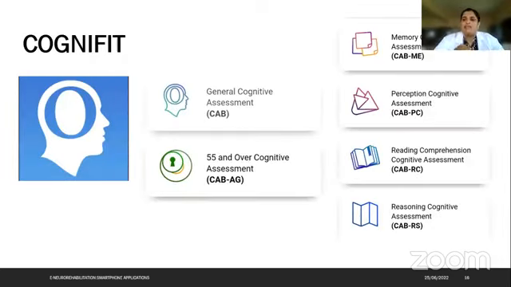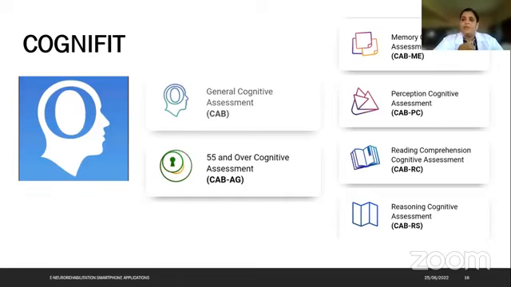The Cognifit application again has a free version and a subscribed version. In order to access this app fully, the subscribed version is a little costly. It is 1,000 per month, or annually around 5 to 6,000. But the free version can be accessed. Now the Cognifit application has two aspects. It is used for assessment of cognitive function and it is used for intervention or treatment purposes.